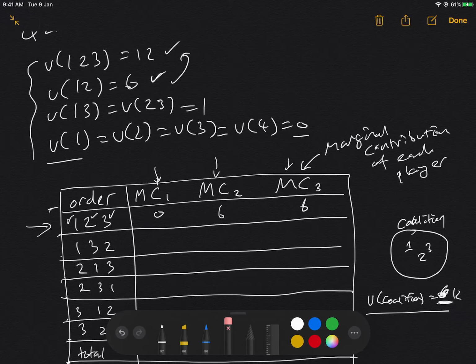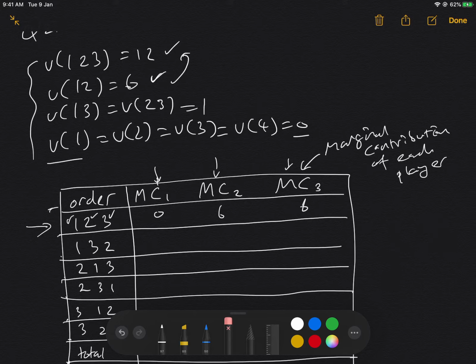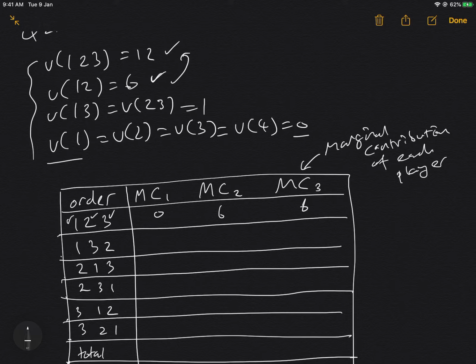Okay, so I'll go quickly from this point because it's kind of obvious how this one works. You can see it's not that hard. It's kind of simple. So order 1, 3, and 2. When we add the first player into the empty coalition, we get 0. The third player into the coalition, we get, well, we had 1 already. And by adding the third player, it's V of 1, 3. So it's going to be 1. What about putting in the second player? Well, when we have all of them together, we have